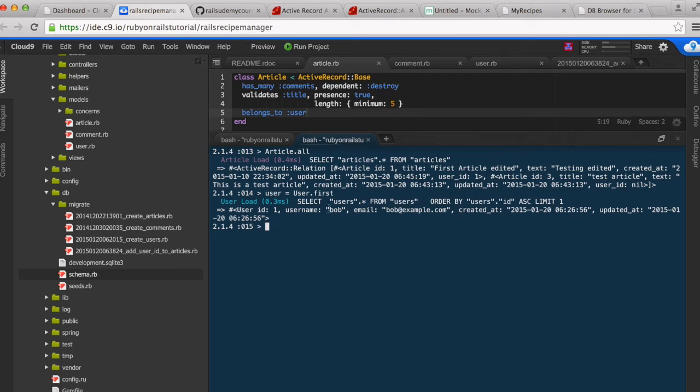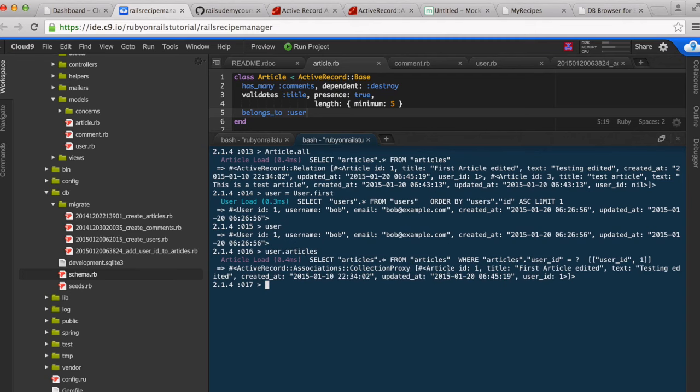So that's Bob. So if I see who user is, we see that it's Bob, okay? Now, we know that the first article has user ID 1, and we know Bob has user ID 1. So if I go user.articles, check it out. It's actually showing the article associated with the user,